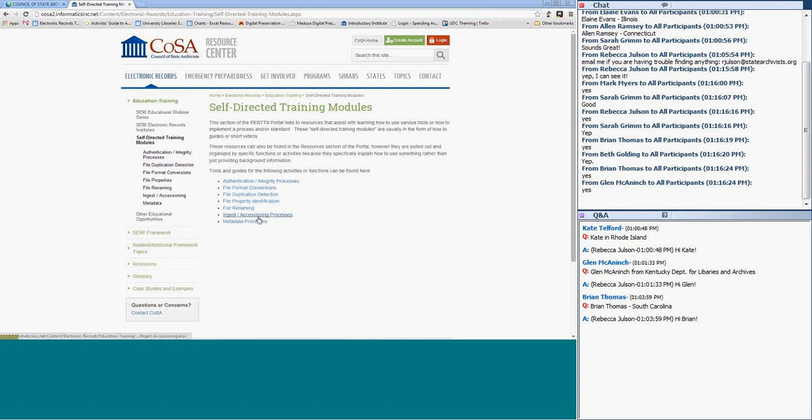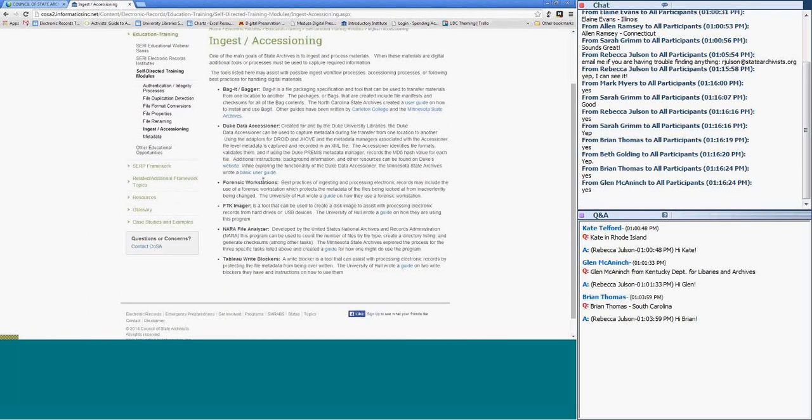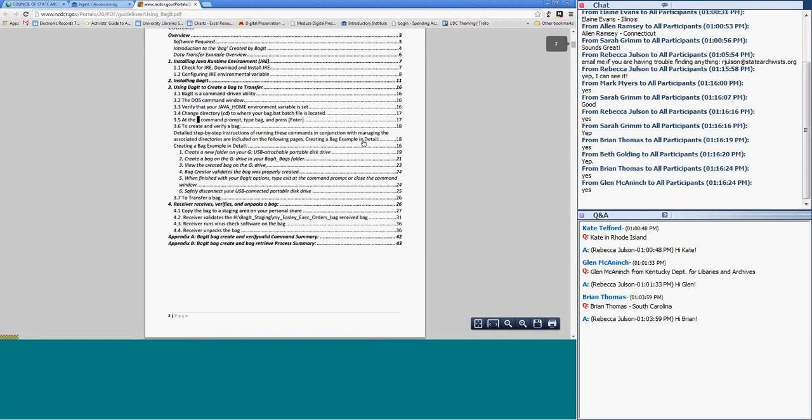There are these different categories. Just click on one, or click over here to the specific topic. Each of these pages links a tool or a process, here in bold, out to different user guides. So one tool might be Bagger. The North Carolina State Archives created a user guide. If you click on the user guide, it opens up and you scroll through to see how they were using